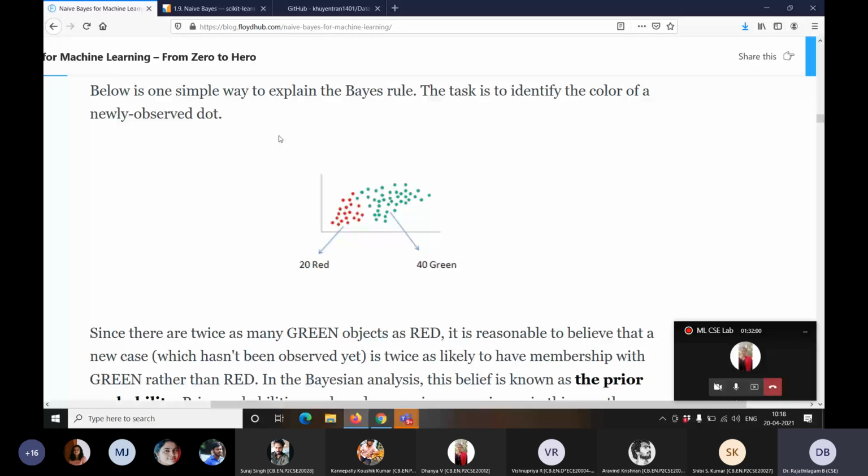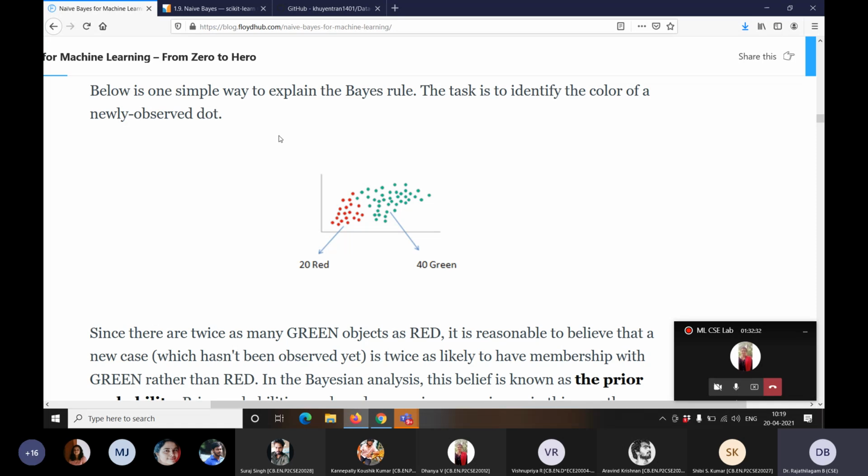Look at the vicinity of the new point X. If the vicinity is completely green, in the sense, if the new data point that comes in appears in the middle of the green group, the neighborhood of the data point would be completely green. Therefore, you can expect that it is green. If it is in the middle of red points, you can expect that it is a red point,